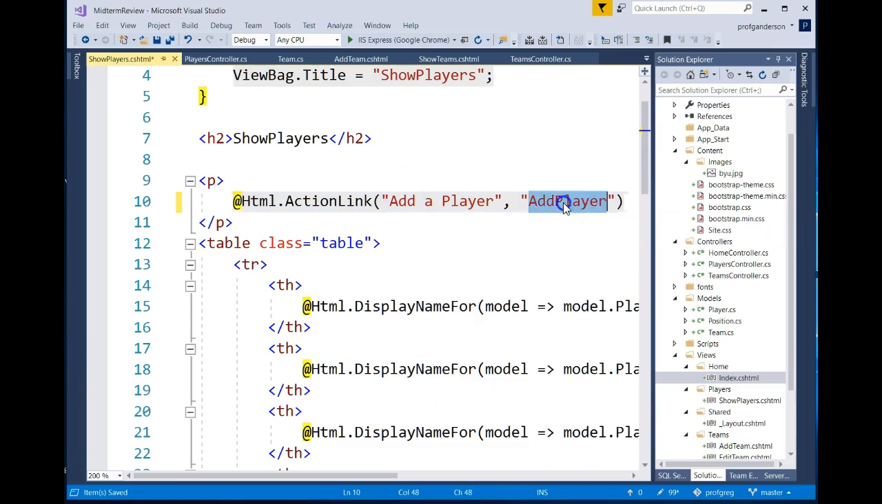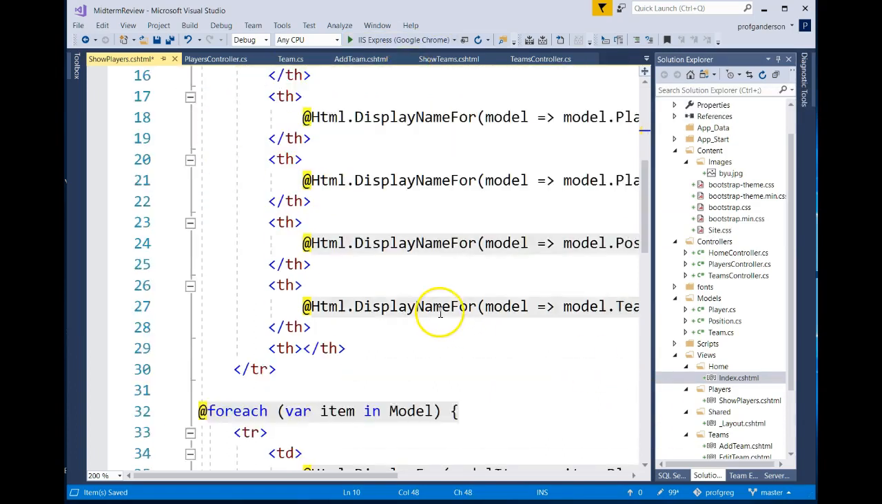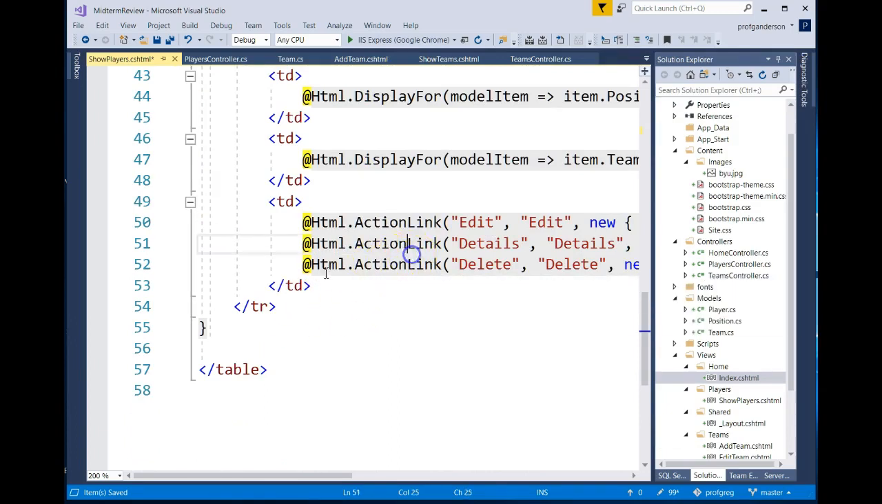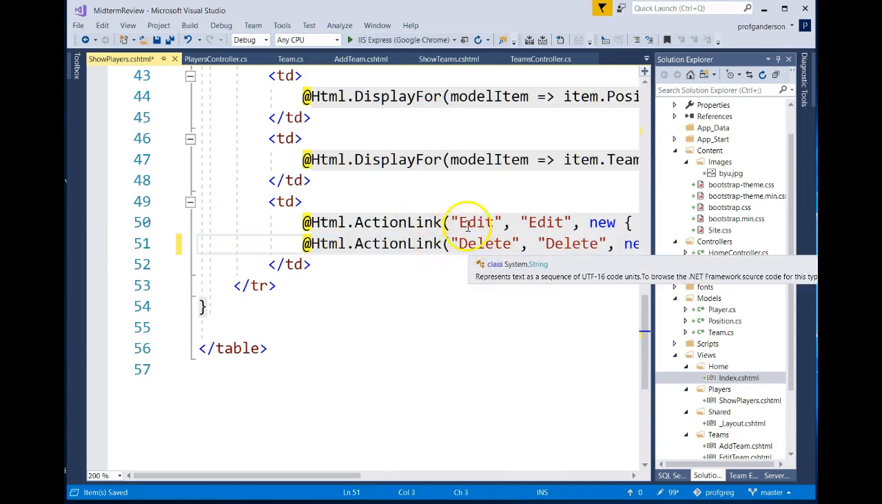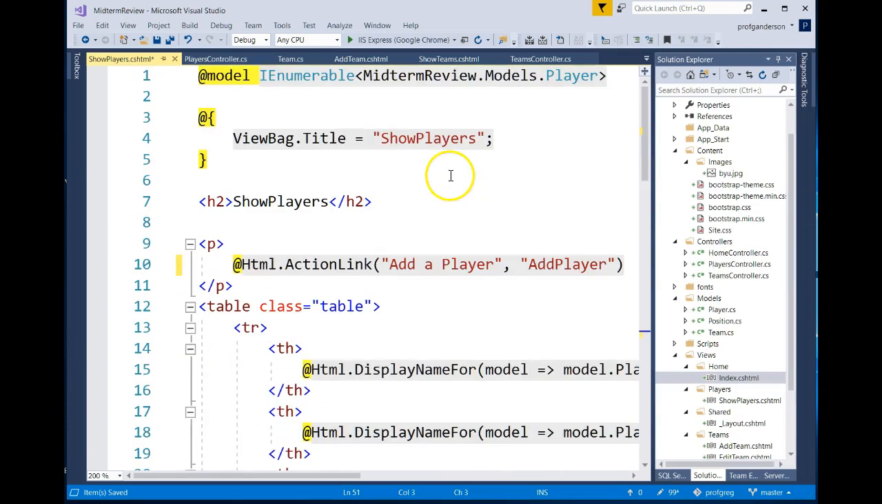So we need to create that still in the player controller, and this is all the information for that player. And then down here, let's get rid of at least the middle one. We haven't written an edit or delete. We might not even write those. So we have this view. If I save that,